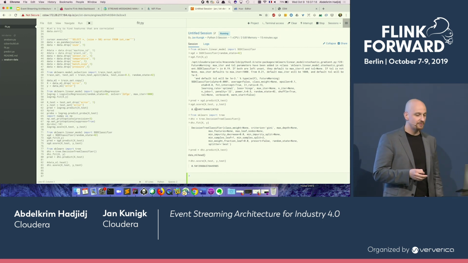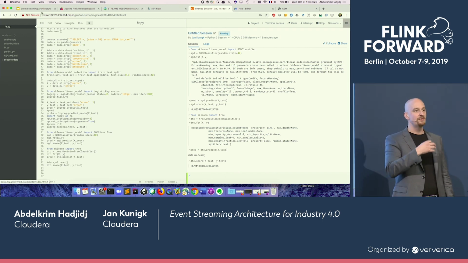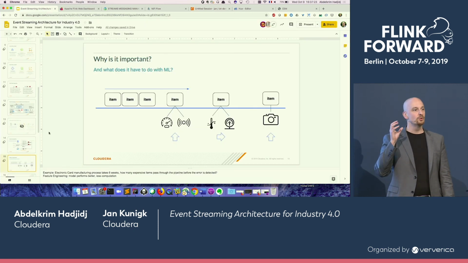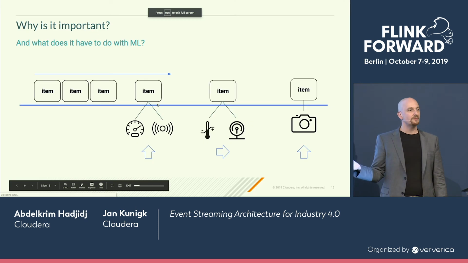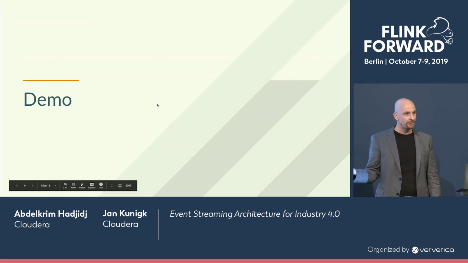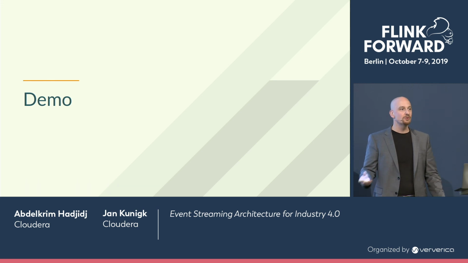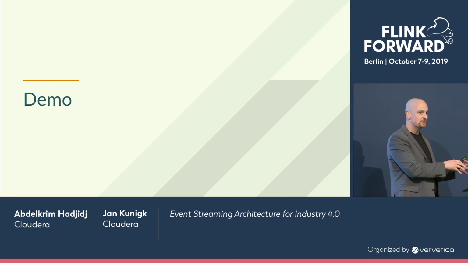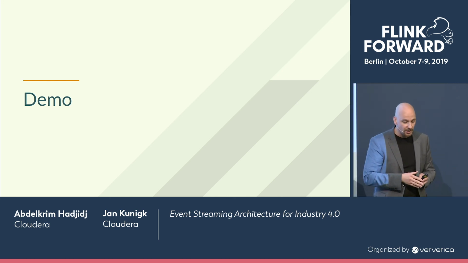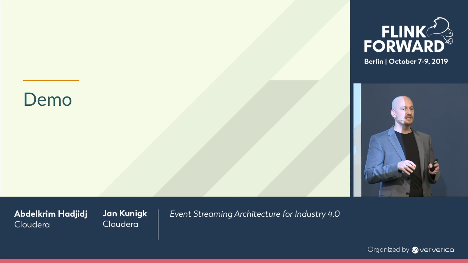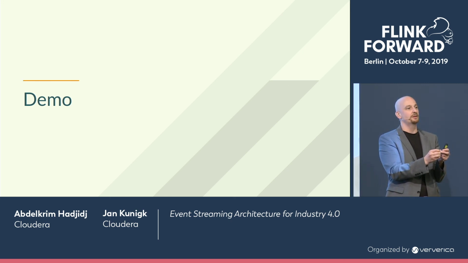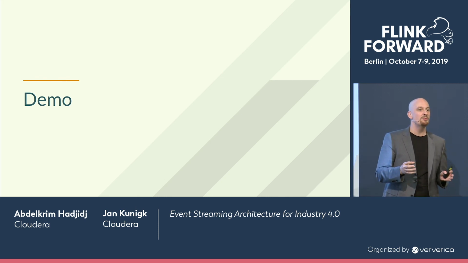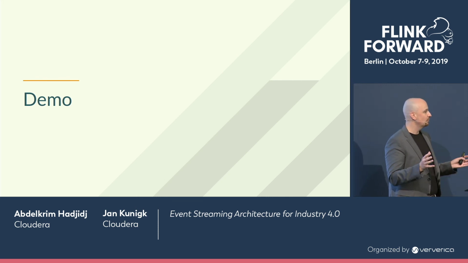But the key point of this is that the next evolution of Flink in our distribution will be to put these models, these predictors, into the operators in order to not only detect errors, but also to predict them. And you can do this today. You can just code this up. But with this tool that you just saw, Cloudera Data Science Workbench, we are running everything in Docker containers. And this is much more about making these models operational and running them directly side by side in a Flink operator. So this is basically the roadmap material, and I think that's it, right?